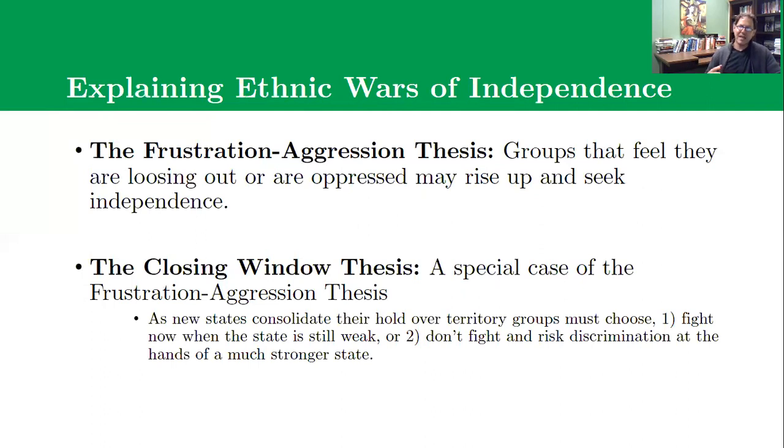And so the logic of this is that things are going along and they're fine. And all of a sudden something happens to disrupt the state, right? You have a state collapse or there's a crisis or a revolution. And all of a sudden there are ethnic minorities within that state who are looking around thinking, okay, the state just collapsed. Things are completely in flux right now. What do we do at this moment in time? And they have a decision to make. They can either make a break for freedom, right? Try to rebel and carve off their own independent state, right? Achieve self-determination. Or they can sort of go along with the rebuilding of what was before, right?